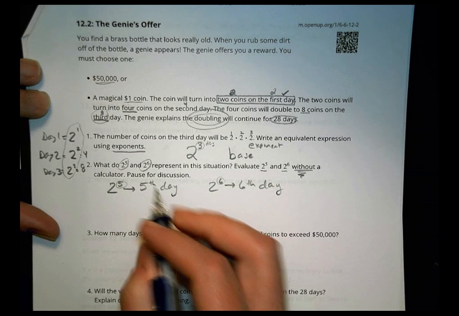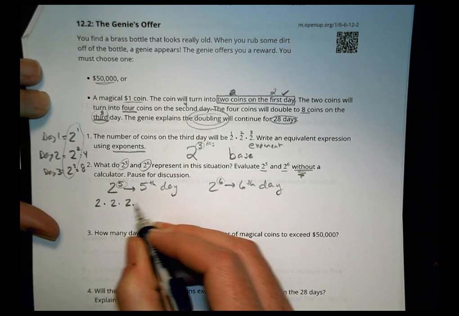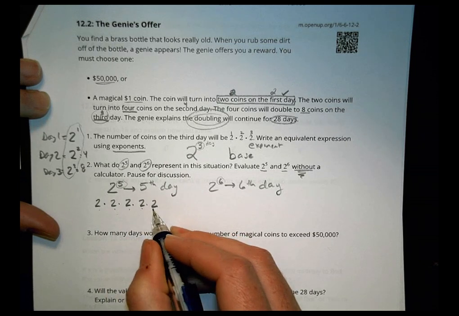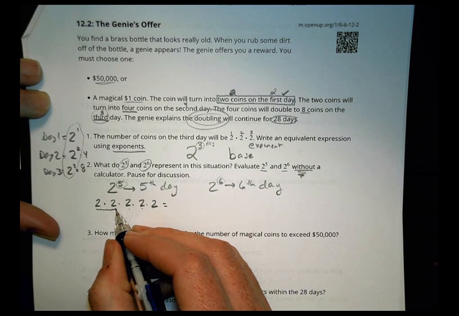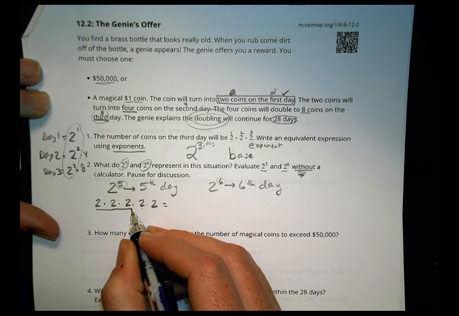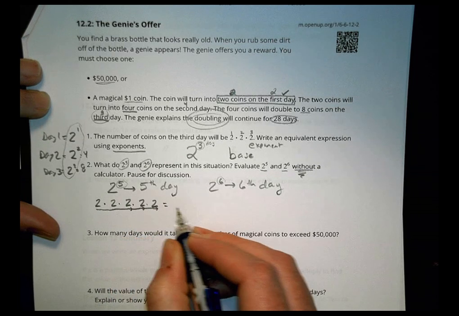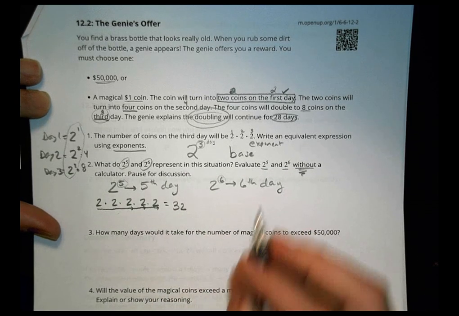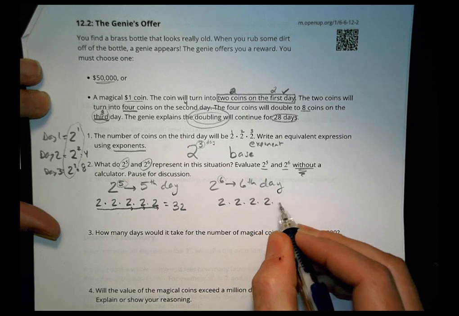And so without a calculator, this means I have 2 times 2 times 2 times 2 times 2. I have 1, 2, 3, 4, 5 2's. And so 2 times 2 is 4, 4 times 2 is 8, 8 times 2 is 16, 16 times 2 is 32. On the 6th day, 2 to the 6 is 2 times 2 times 2 times 2 times 2